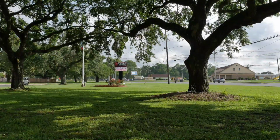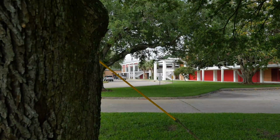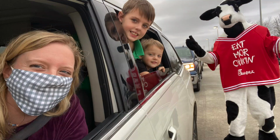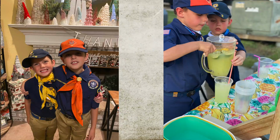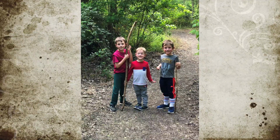I moved to Belle Chase when I was 13 years old and attended Belle Chase High School. When my wife and I started planning our family, the easy choice was to move back to Belle Chase. Well, we've been back for 8 years. My wife, 3 boys, and I love the primary school, local YMCA, local Cub Scout Pack 301, Rotary Club, fishing out of Myrtle Grove, crabbing on Grand Bayou Road, birthdays at our Chevron Park, and a lot of other aspects